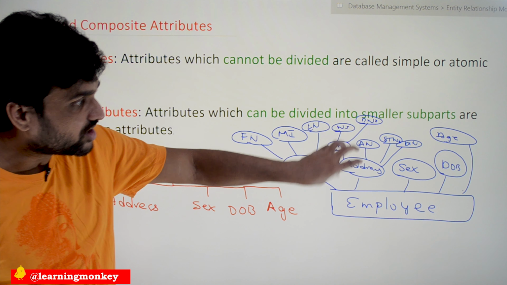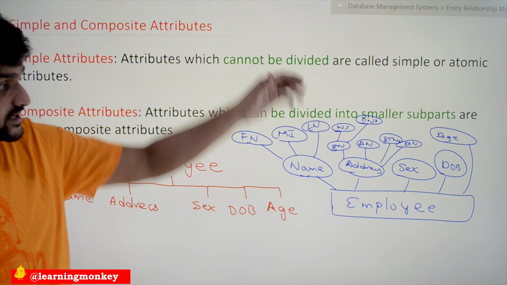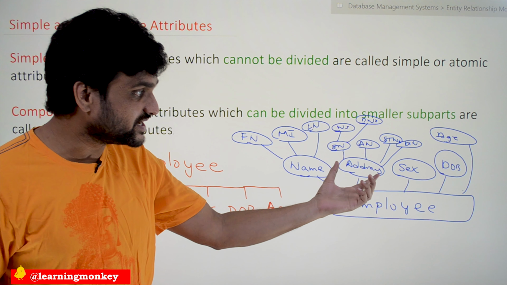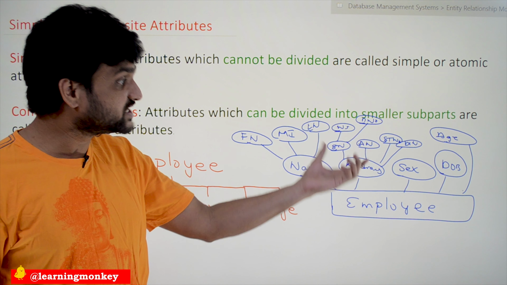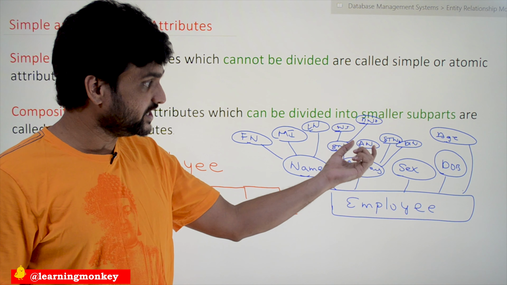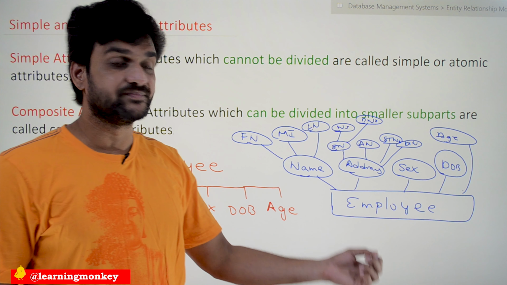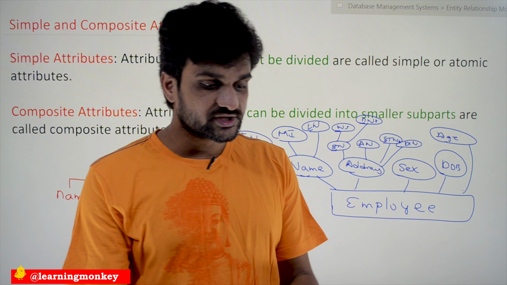So this is how the composite attributes can be represented. Hierarchically they can be represented. This is the basic attribute that we have taken, which is a composite attribute, which can be further divided into street name, area name, state name and district name. This street name can further be divided into door number, name of the street, and pin code or zip code. So this is all about simple attribute and composite attribute. Hope you got the clarity on this concept.